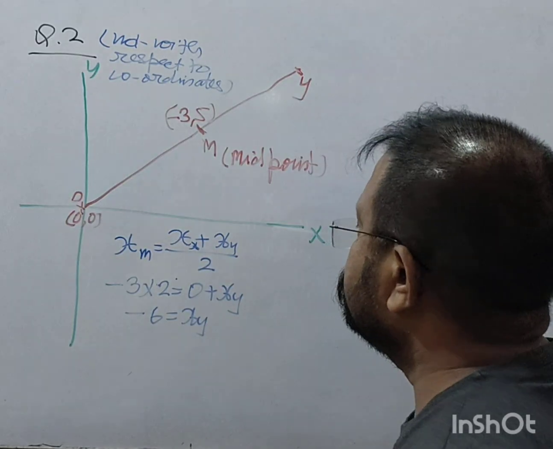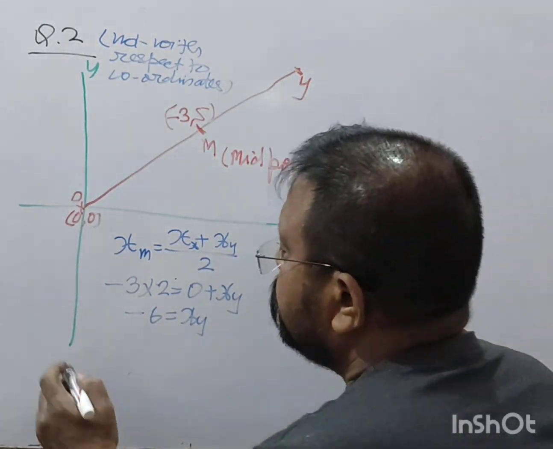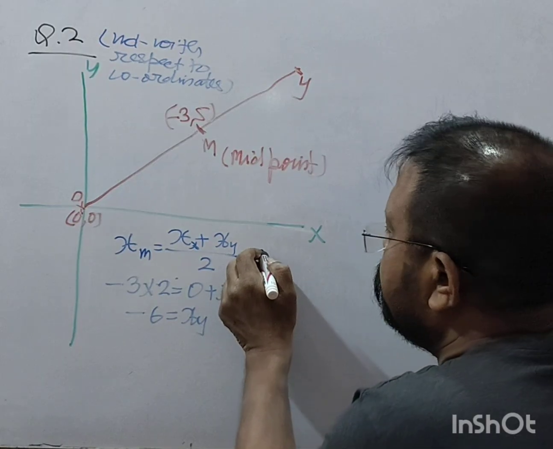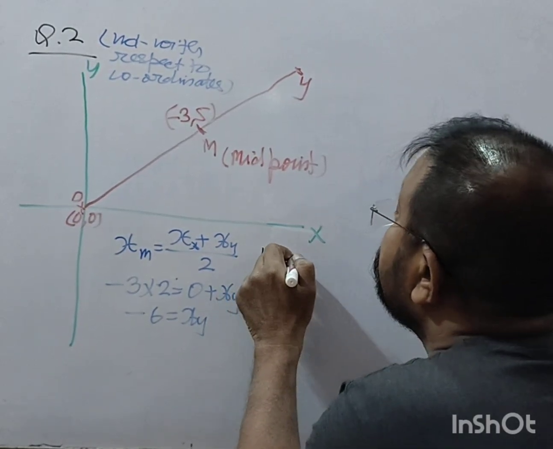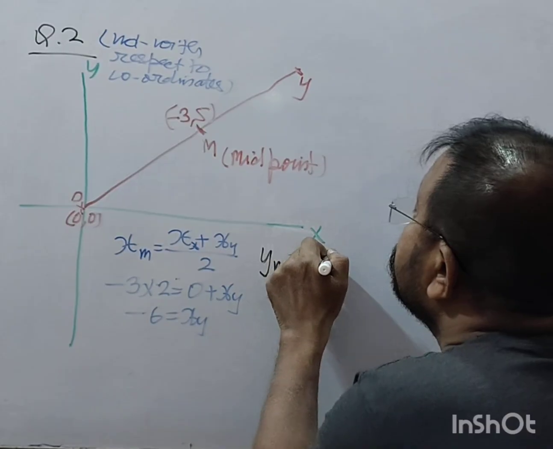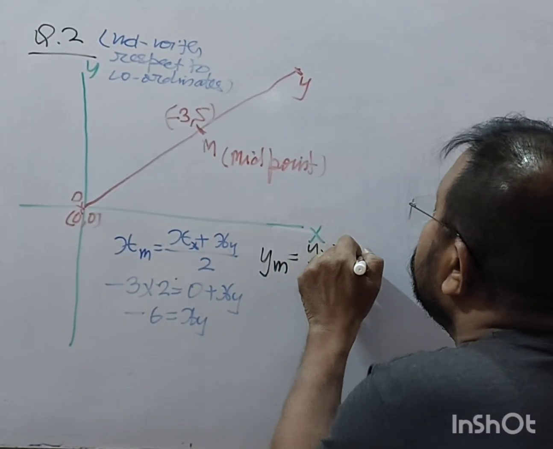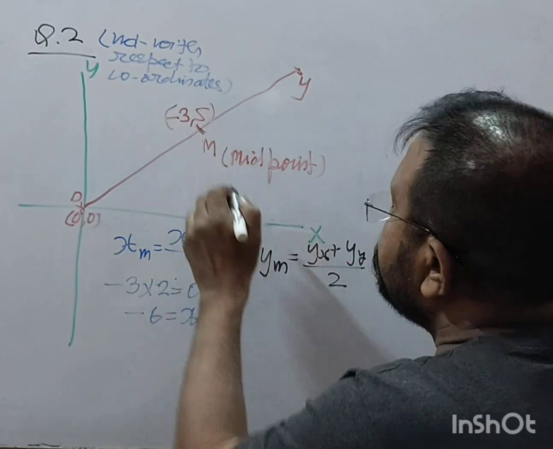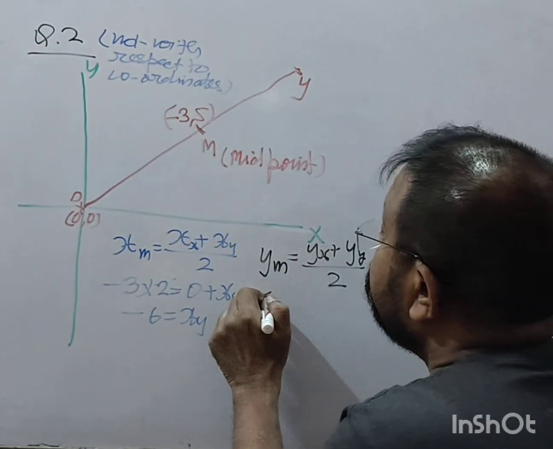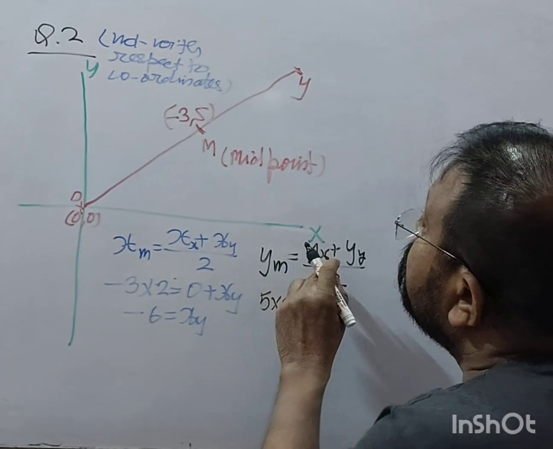Now y of M is equal to y of X plus y of Y upon 2. So the midpoint is 5. 5 into 2 is equal to y of X which is 0,